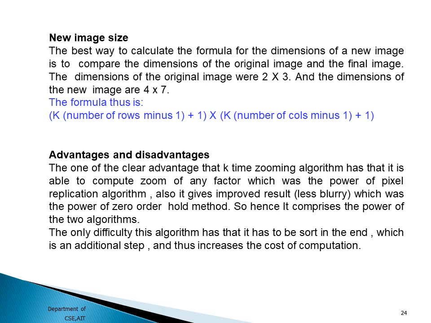So there will be a relation between the original image and the final, zoomed image. The new image is nothing but the zoomed image, and it will always be related to your original image. So the k factor will be there, and based on that only, you can work out what your actual final image will be. So the original image and the new image will always be related.